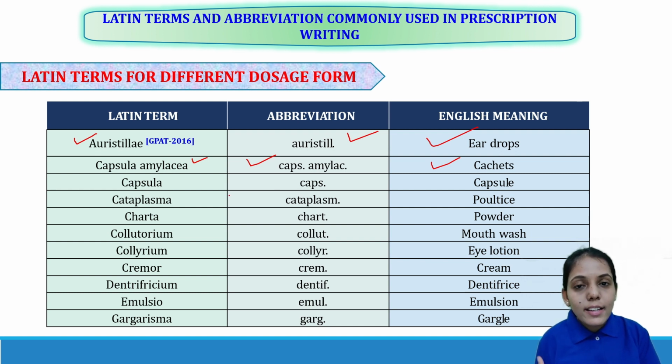Capsula, it is easy. That is nothing but capsule, and the abbreviation is Caps. Cataplasma. Cataplasm is the short form, and it is known as poultice. So that is a cataplasm. Remember, anything which we cannot guess from the English word, we have to note. For example, capsula is easy to remember from capsule. But if it is not related like the Latin and the English terminologies, that we have to see. You can even highlight so that after a certain period of time you can revise it.